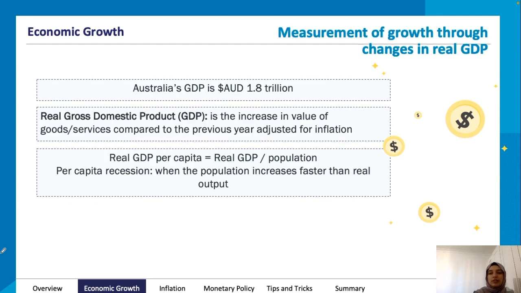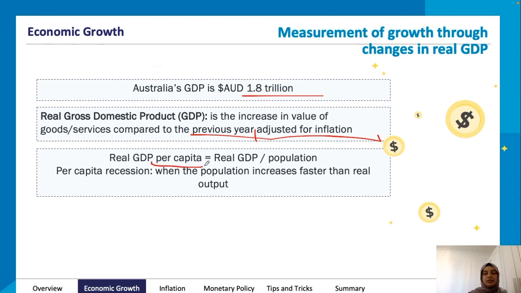So, measurement of growth through changes in real GDP. Australia's GDP sits at around 1.8 trillion, which is an approximation. The real GDP is the increase in value of goods and services compared to the previous year, adjusted for inflation. Because inflation can really distort the figures, we remove its effects and get the real GDP, compared to just the GDP, which is why it's called real GDP. So the real GDP per capita